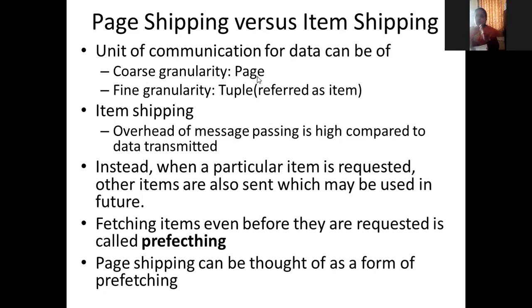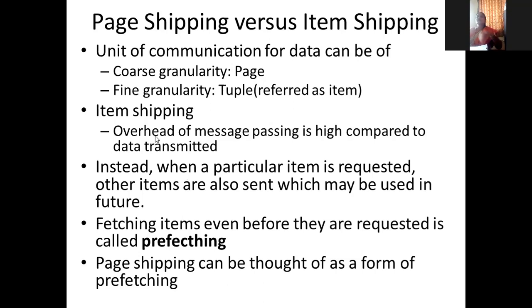Means how much data we are going to ship to the client side. एक सिंगल रेकॉर्ड सेंड करत असाल तर त्याला तुम्ही म्हणू शकता atom shipping. Entire page you can ship to the client side, then you can say that it is page shipping. त्याला आपण coarse granularity म्हणतो किंवा fine granularity. Okay. युनिट ऑफ कम्युनिकेशन म्हणजे किती साईज ऑफ डेटाशी तुम्ही कम्युनिकेट करताय. ओके. पेज मीन्स collection of records and tuple means one single record you can ship to the client side.